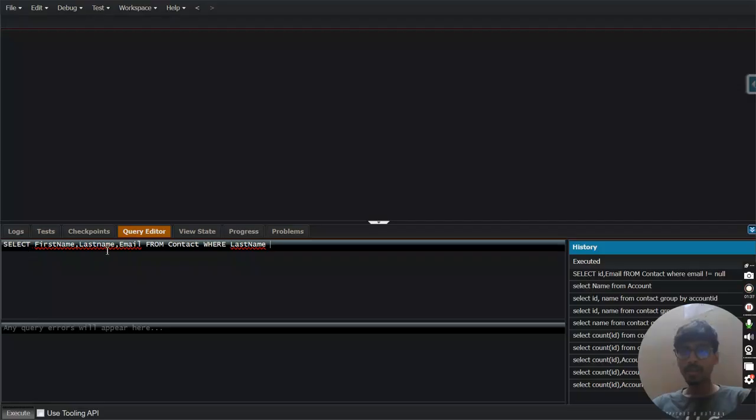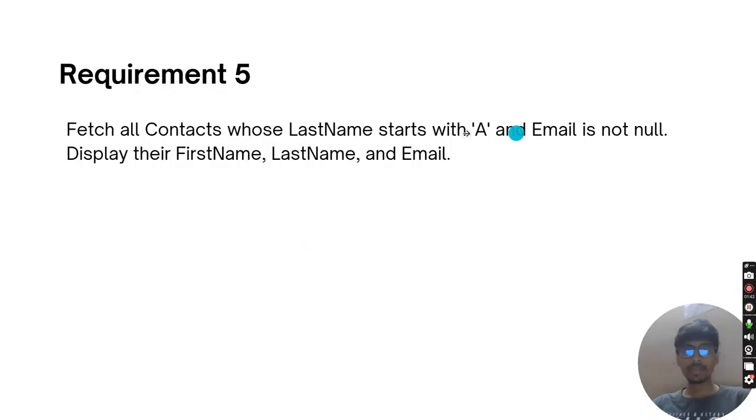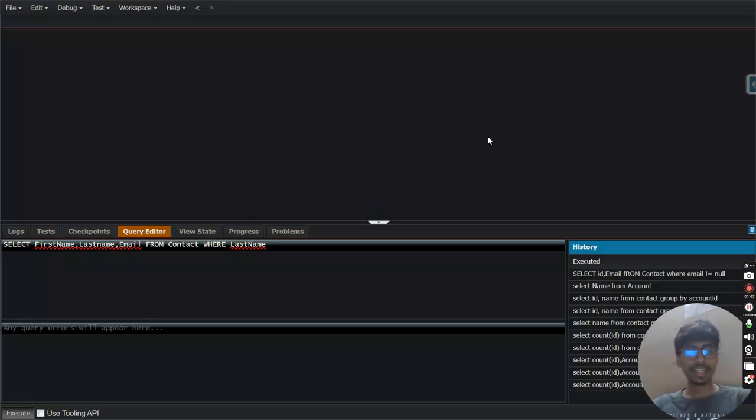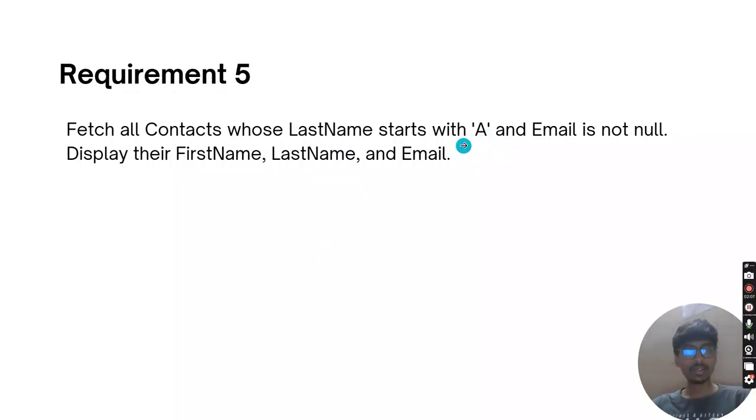So select first name, last name, email from Contact where last name starts with A. For that, we have one operator, LIKE. So where last name LIKE, and to say starts with A, write A and then percent. Percent means anything after A. So last name LIKE 'A%', it should be in this format, and email is not null,